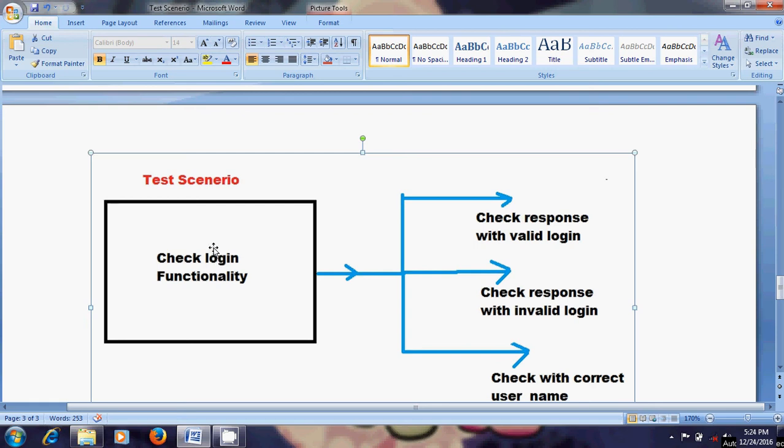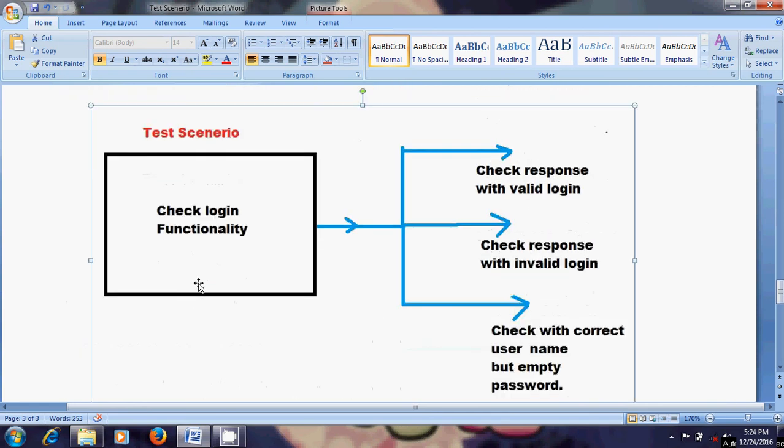It means that a test scenario includes test cases. You can fetch the test cases from the test scenario. So I think you got the logic of what test scenario means. I am going to explain it again. Listen carefully.